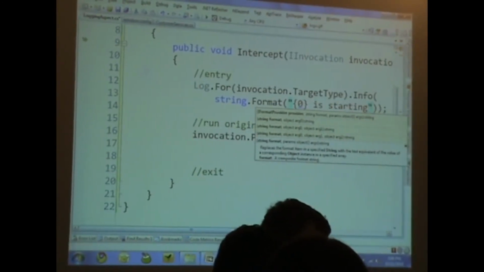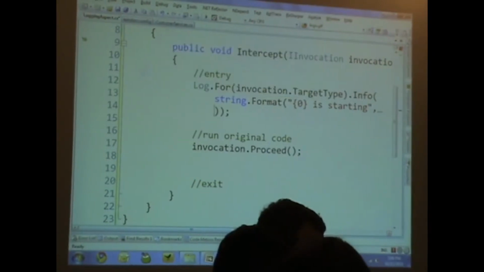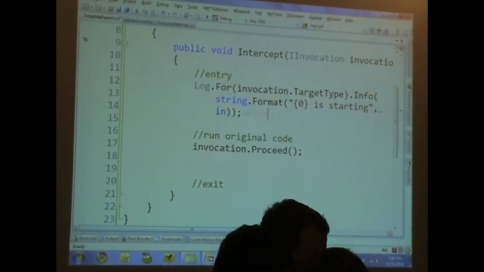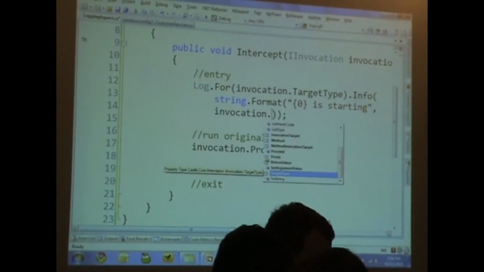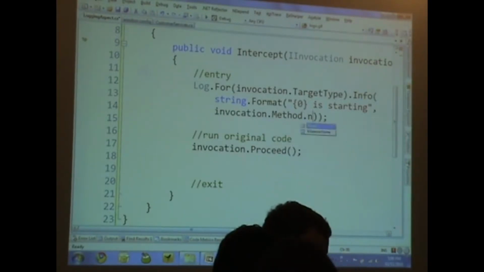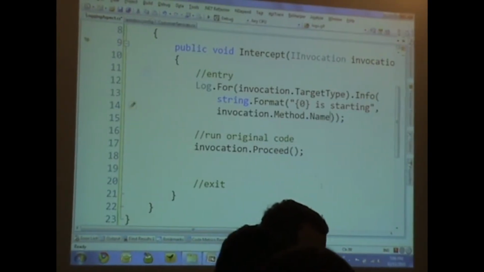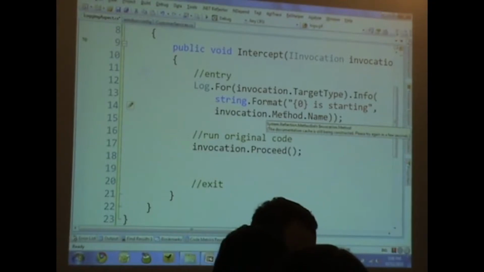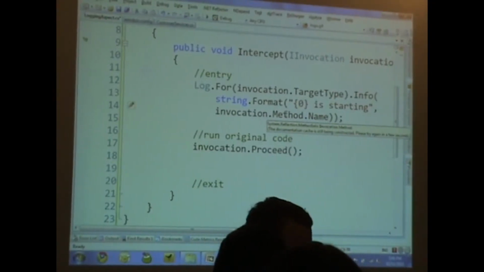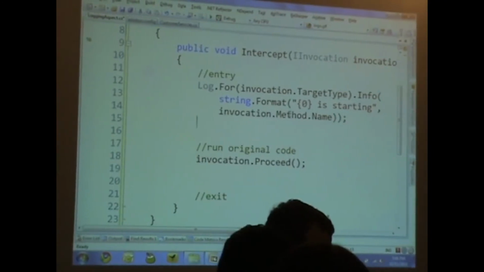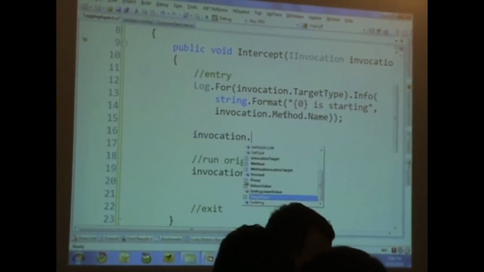So we already know the class. What I want is the method name, so I can look at invocation.method.name. The method type here is just the method type from standard .NET reflection type stuff. We've got all kinds of other things that are available in there. Invocation